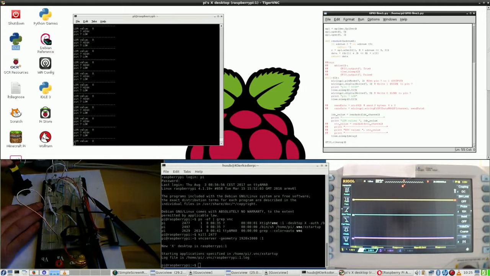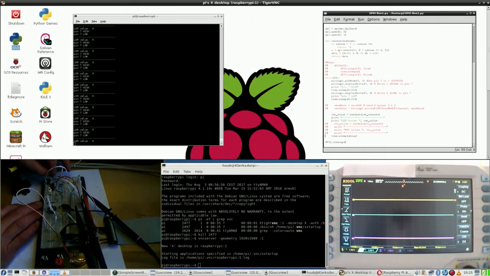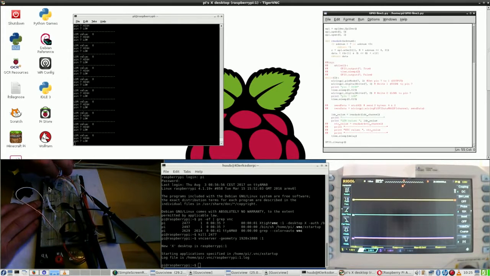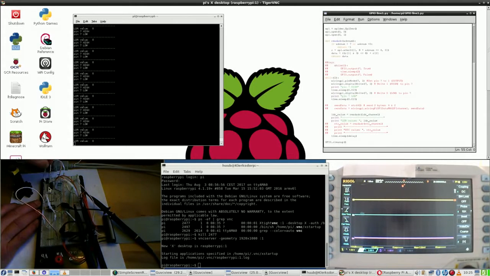Does it do anything? I get no value once again. And I don't need to press any button, because it's straight to mass, straight to ground. And I would expect something to happen. So putting this one back into action,